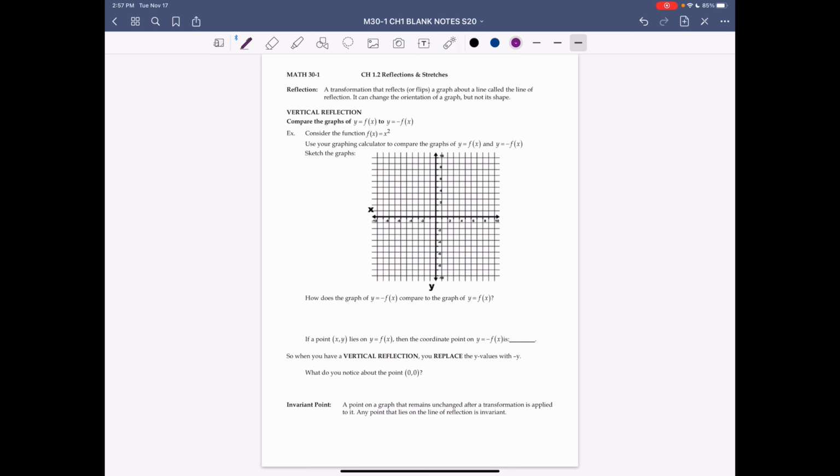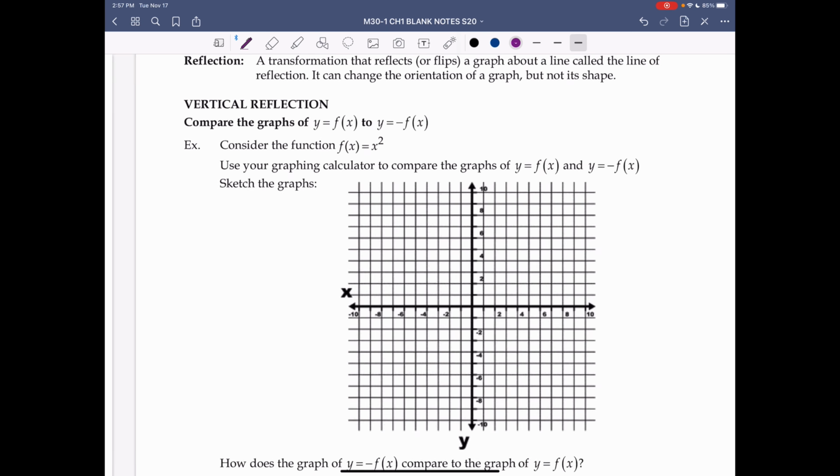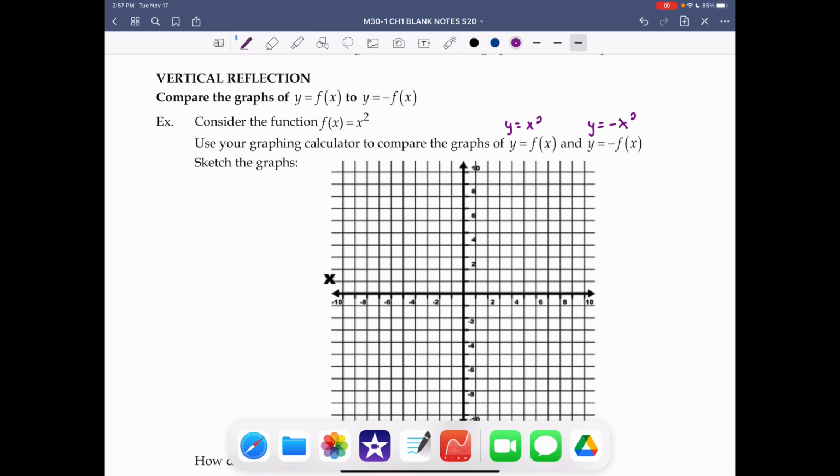Vertical reflection. Compare the graphs of y equals f of x to y equals negative f of x. Consider the function f of x equals x squared. Use your graphing calculator to compare the graphs of y equals f of x, which is y equals x squared in this case, and y equals negative f of x, which would then be y equals negative x squared. Sketch the graphs. So using our graphing calculator,